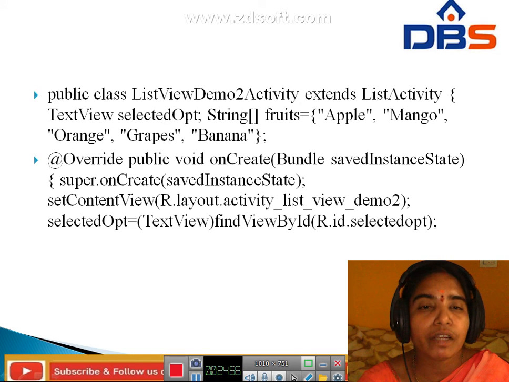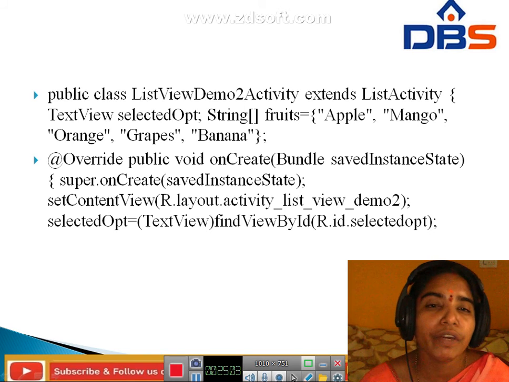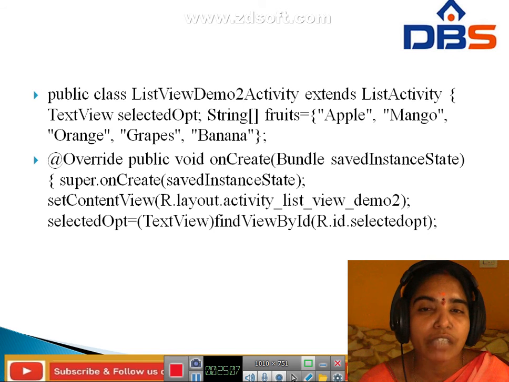Now this is the code: public class ListViewDemo2 extends ListActivity. Here we have the options: String fruits apple, mango, orange, grapes, banana.